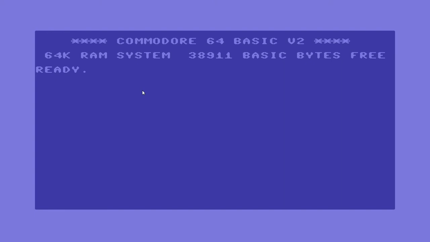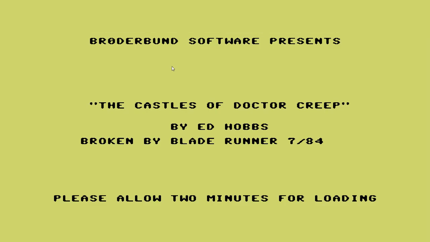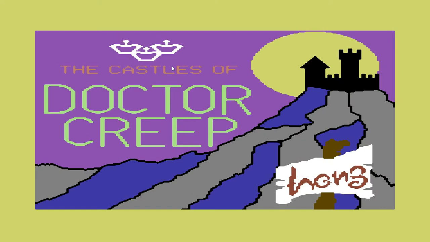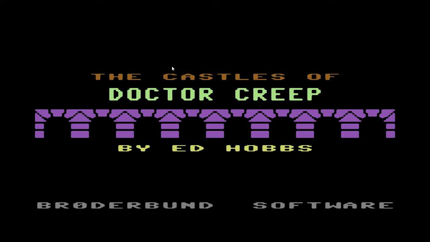So we still have to load it, so we'll type load, quote, star, quote, comma, 8, comma, 1. And normally this used to take like 2 or 3 minutes to load, but because we're on modern equipment, it's pretty much instant. And there we go. Okay, so if we hit the caps lock button,